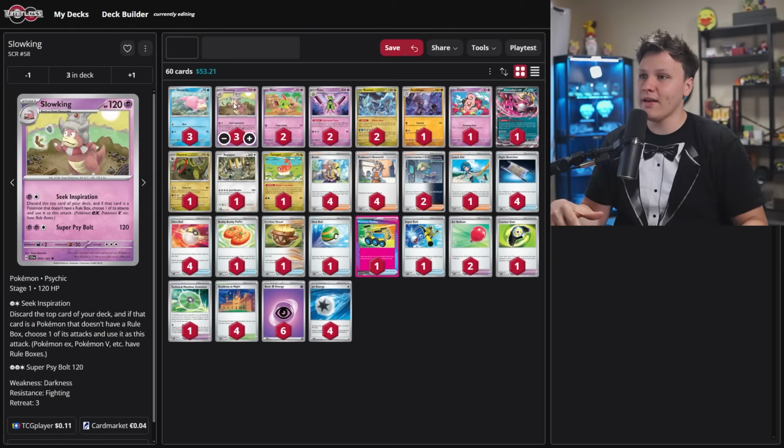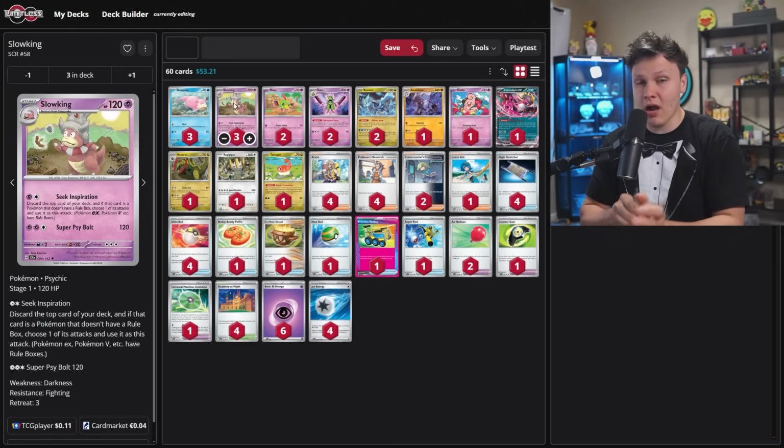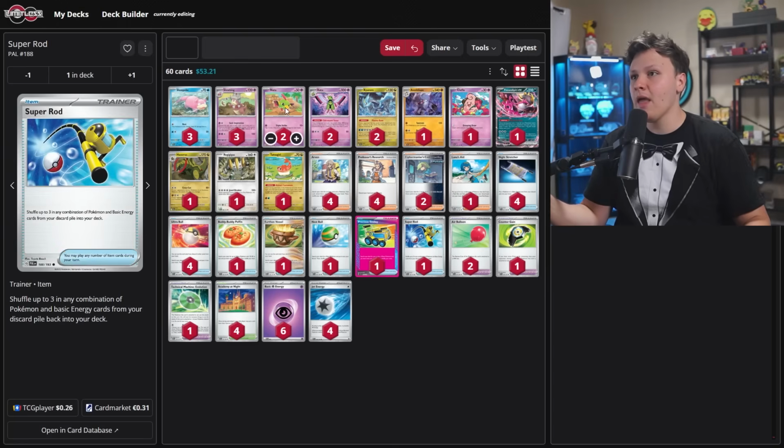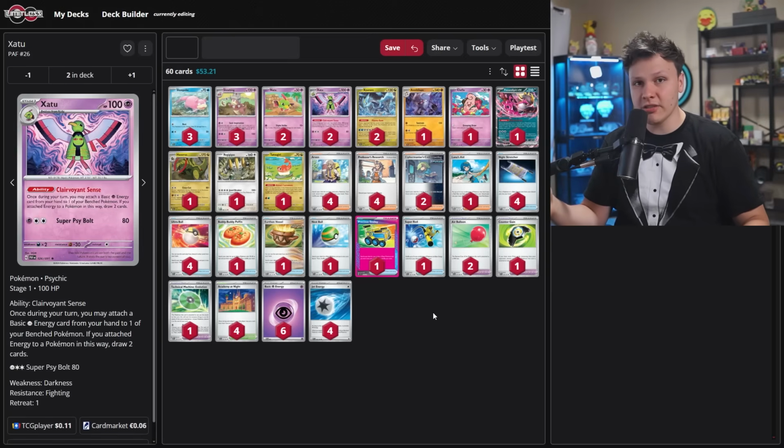But I have a 3-3 Slowking line here. This feels pretty comfortable. We play a lot of recovery as well. We play 4 Night Stretchers, a Lanazade, and a Super Rod. And then we have a 2-2 Xatu in here for some energy acceleration, which you don't need a ton of,